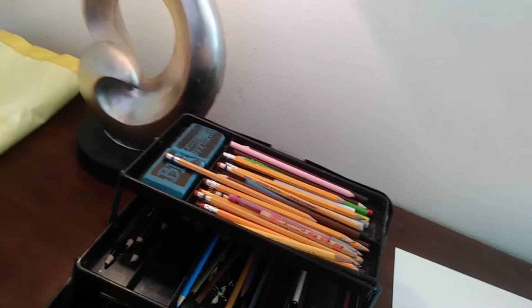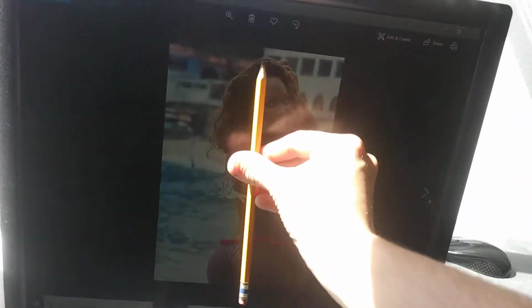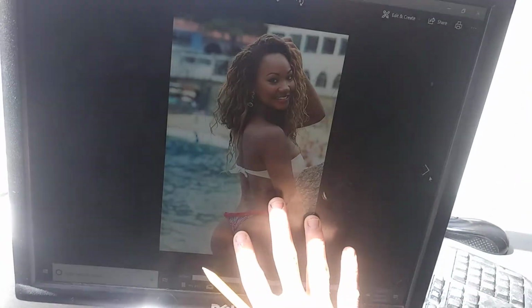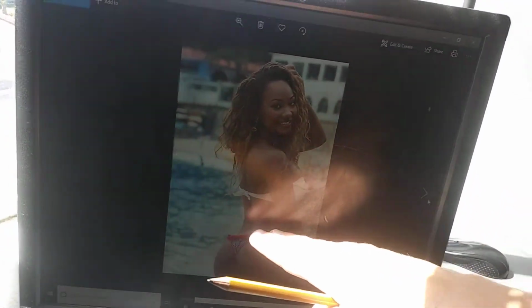But I draw portraits, so I just wanted to show people how to actually draw a portrait just by looking at something. So it takes a bit of measuring. If this is the entire length of the picture, if you divide this in half, she is directly on this half. And if you measure the distance of her head, there's 3. So going across, you want to split it in half and then measure it into 3 sections, and that is where you'll get her